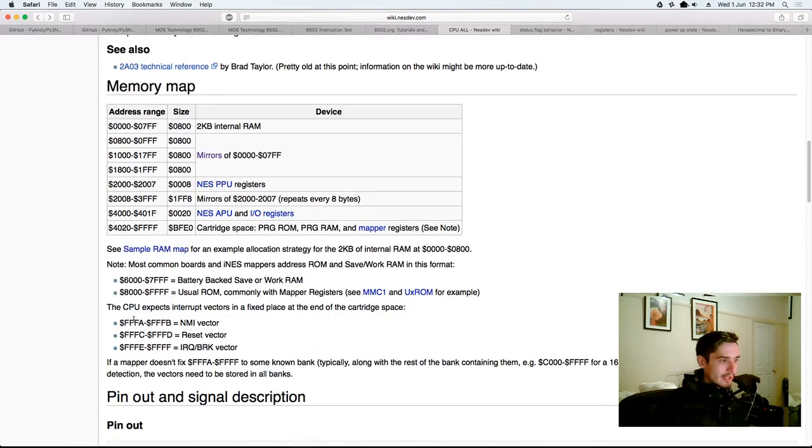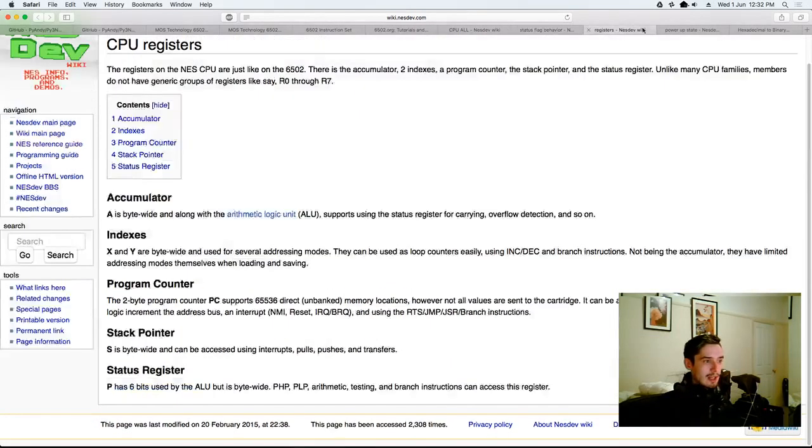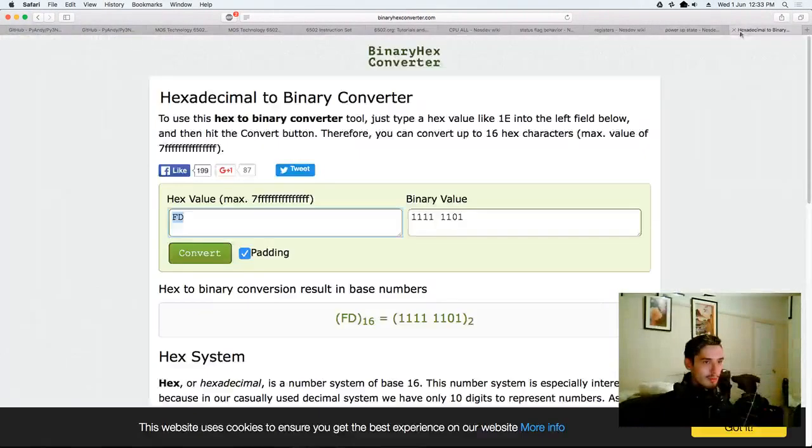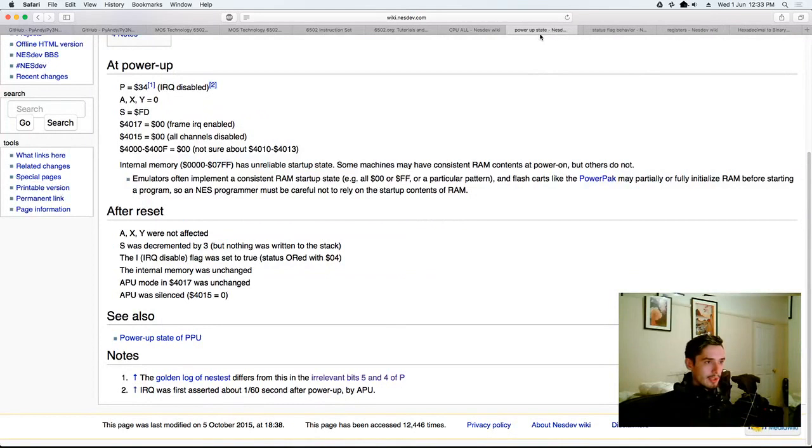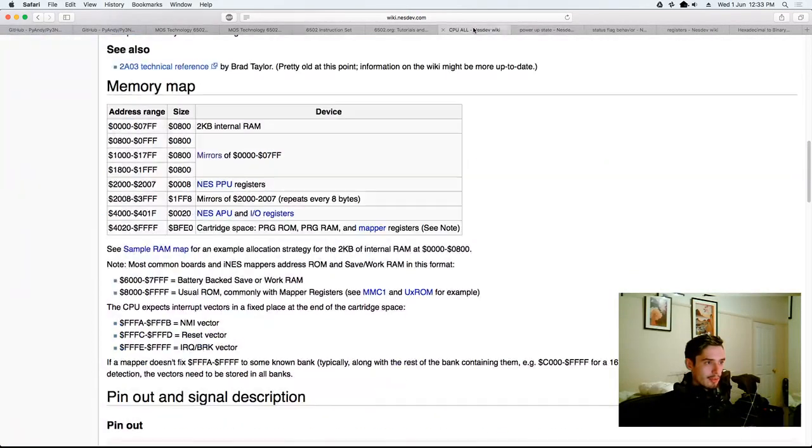Now at the very end here, FFFA, FFFB, you have these vectors, which look to be, instead of putting these in separate registers, they've just put them at fixed locations in memory, presumably just to save on registers. So we'll just need to remember those memory locations and make them store signals. We can do that. So just to check, 4017